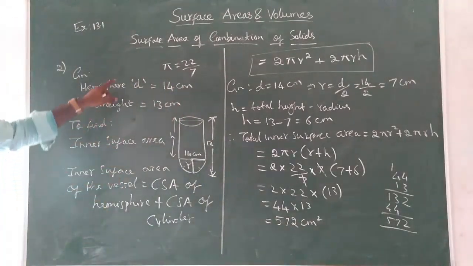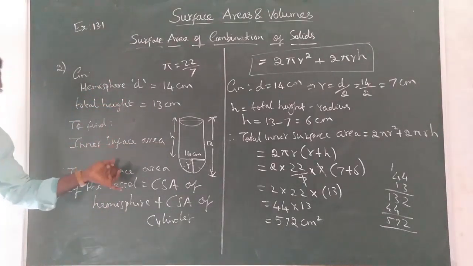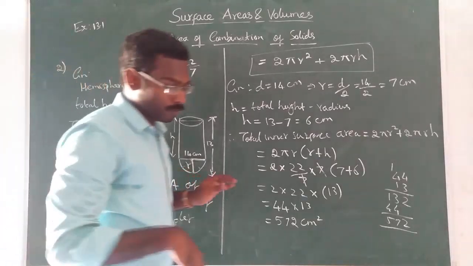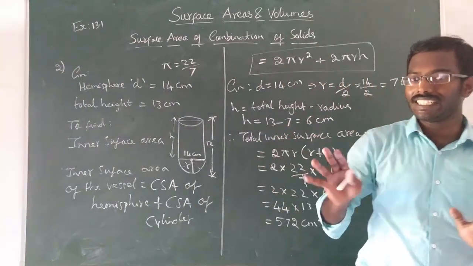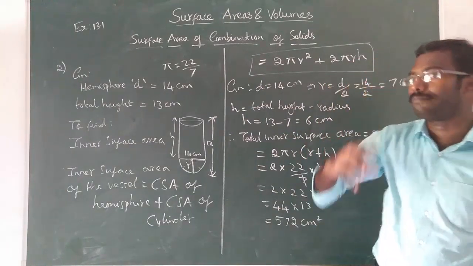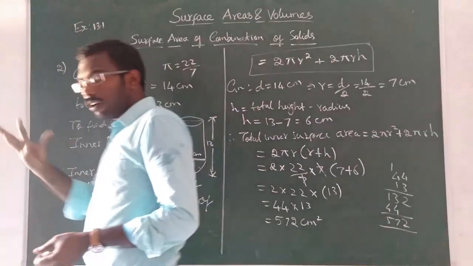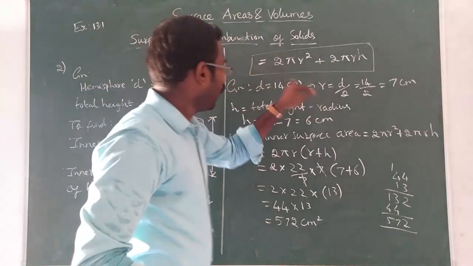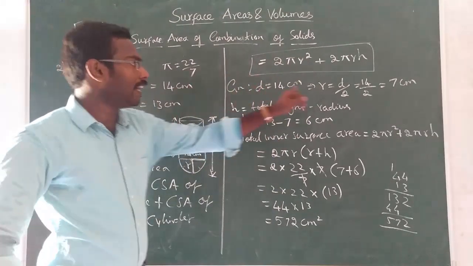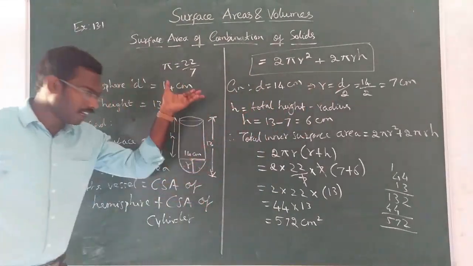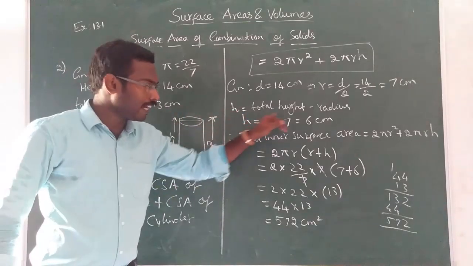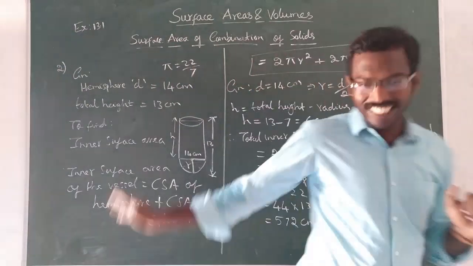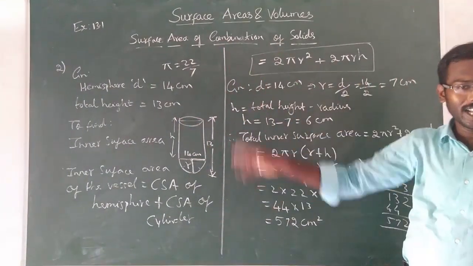Understood? So first consider the given data, then write the formula, two shapes. I already told you, they won't give whether it is CSA or TSA. You have to analyze, you have to see the shape. Hollow cylinder or hollow hemisphere means always take CSA only. Then in the formula, from the diameter we derive the radius, and from the given data and the rough diagram we derive the h value also, and finally we applied it and got the answer. Is it easy? Easy, isn't it? Okay, please copy it down. We'll do the next problem.